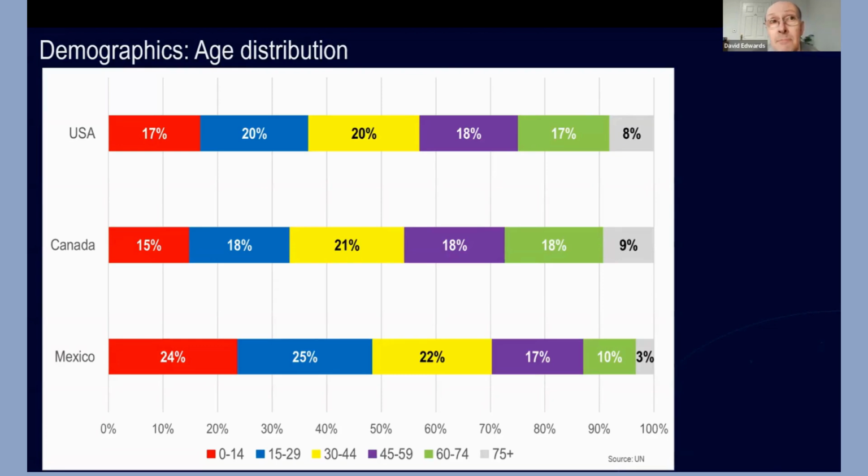Now, compared to many Western European and Eastern Asian markets, both the US and Canada have a relatively young population. But what we can definitely glean from this chart is just how young the population of Mexico is in relative terms, with pretty much half of those living in Mexico being aged under 30.